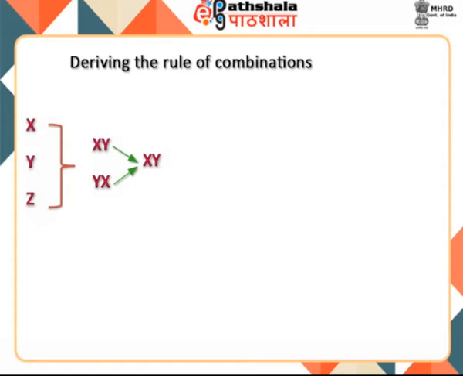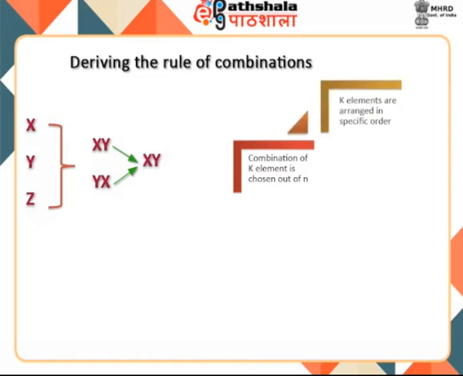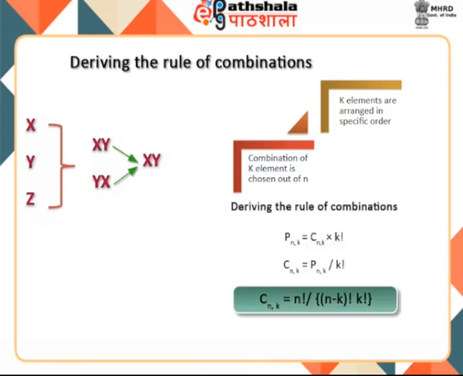First, a combination of k elements is chosen out of n, and second, these k elements are arranged in specific order and each ordered arrangement is a permutation. The ordered arrangements of k elements in the second step can be done in k factorial ways. In our example, k is equal to 2, as subset of size 2 was required, and each combination of elements can be arranged in 2 factorial ways to make permutations from the same elements. Thus,